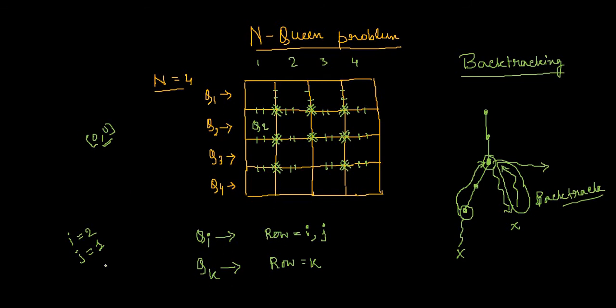Now similarly, suppose queen K, for example the fourth queen, K equal to 4. If I place queen 4 over here, I can see there is a collision, because I have a diagonal over here and even over here. That means queen 2 and queen 4 are visible to each other. And where is K placed? In the third column, the third index. So basically queen K is placed at the Lth column. So here L is equal to 3.